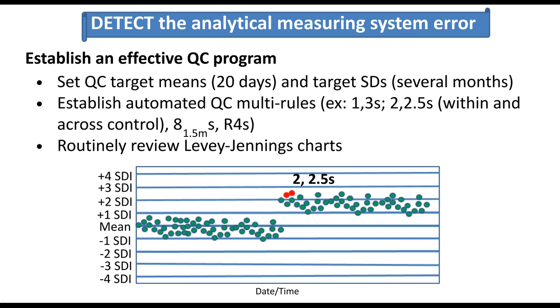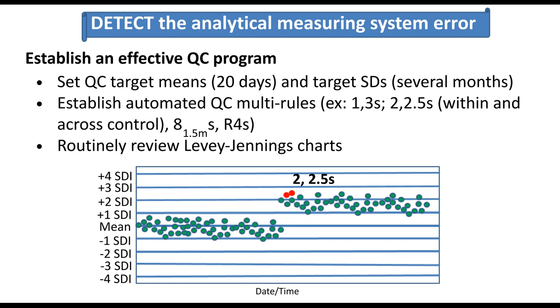The SD is not a function of the new lot of QC material, but rather a function of the analytical measurement system performance. Therefore, target SDs should be calculated using historical data, usually including several months' worth of QC data, to incorporate multiple sources of variation, such as different calibration events and different reagent lots. QC multi-rules should be established to detect increased random error or imprecision, and also increased systematic error or shifts and trends.